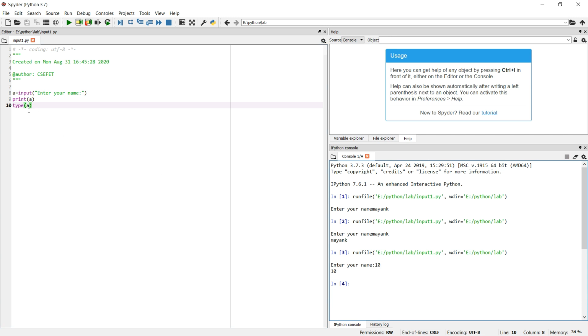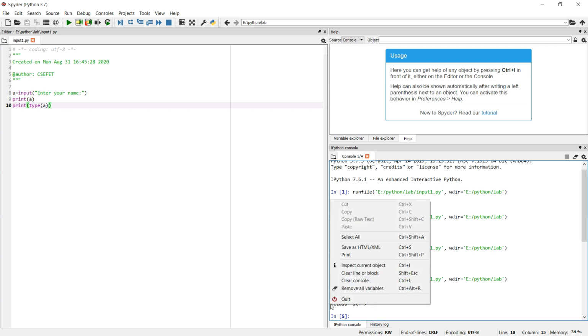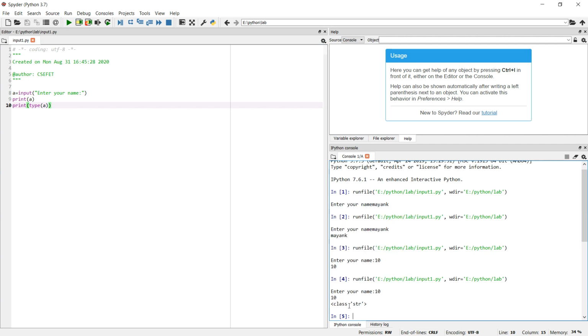If I check the type of a by using a print statement, let's run this program again, and I enter a value 10, you see that the type of this a variable is string, even if I am entering an integer. So with an input function, whatever we enter, it becomes a string.